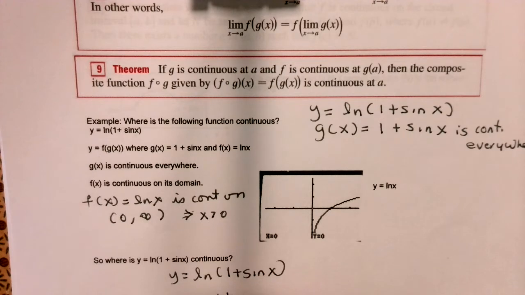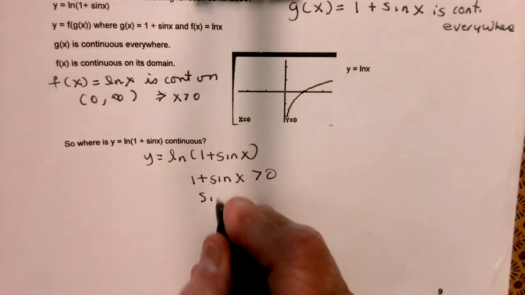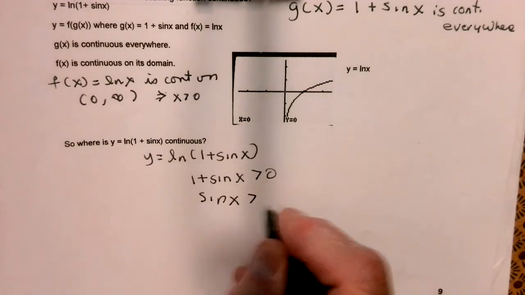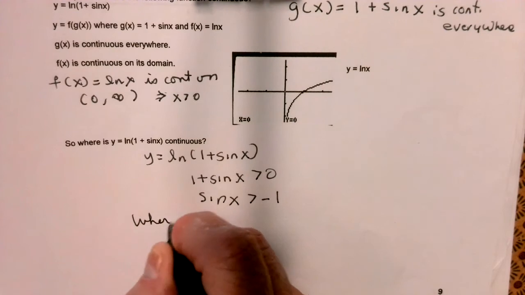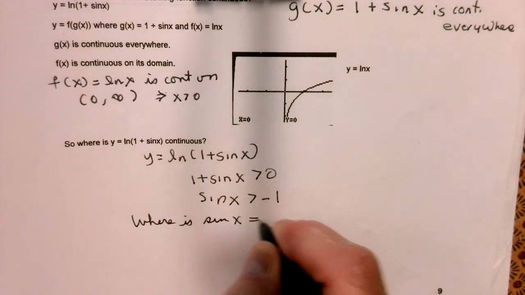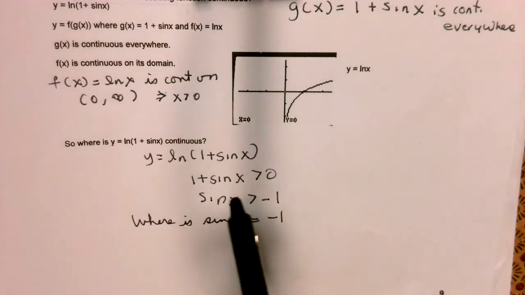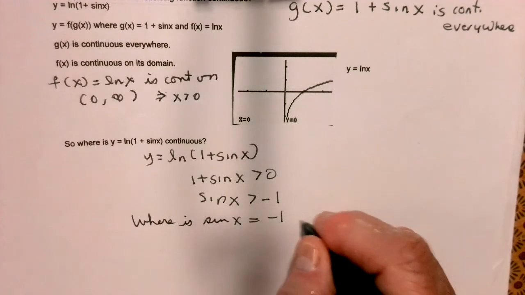So that means 1 plus sine x has to be greater than 0, so sine x has to be greater than -1. So where is sine x equal to -1? Because it's not always greater than -1, it can actually be -1. And that's when